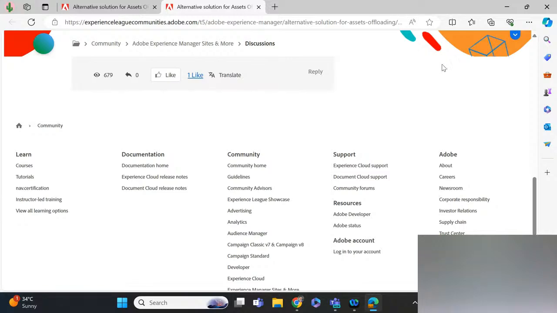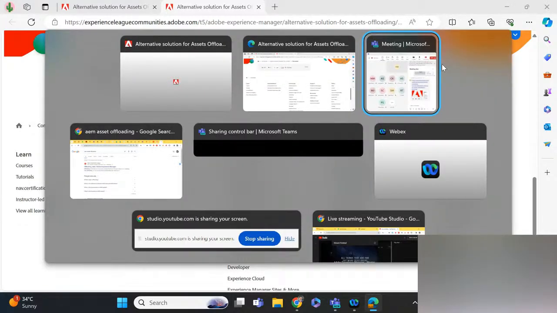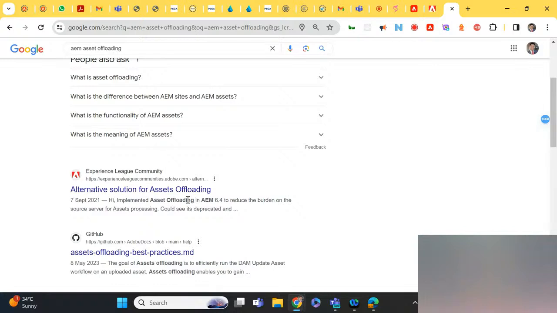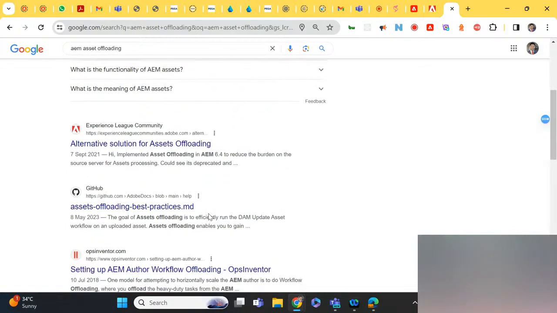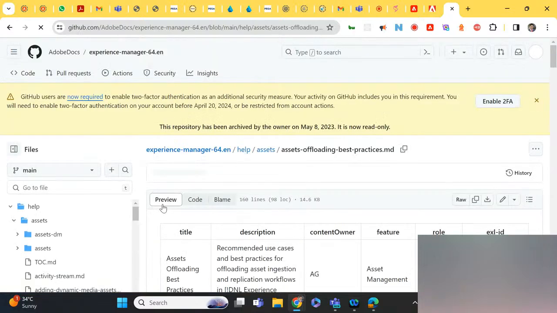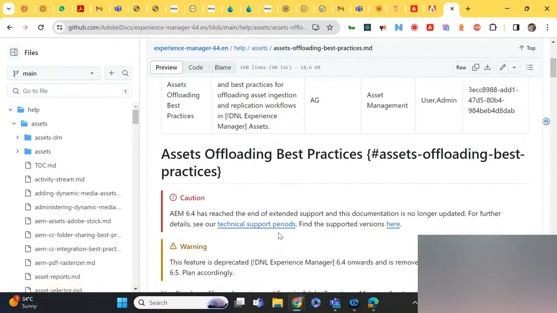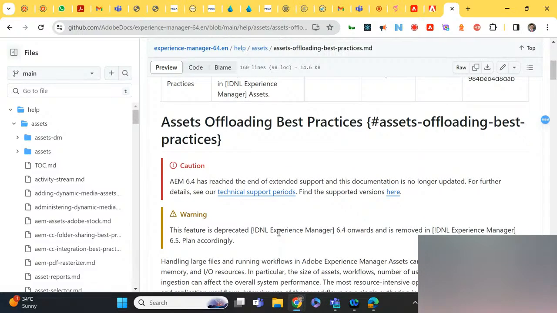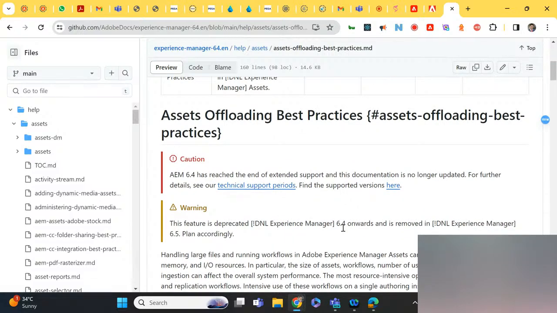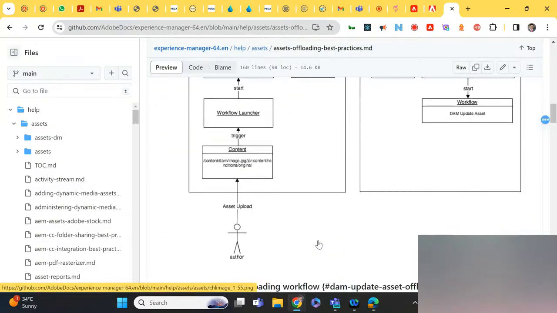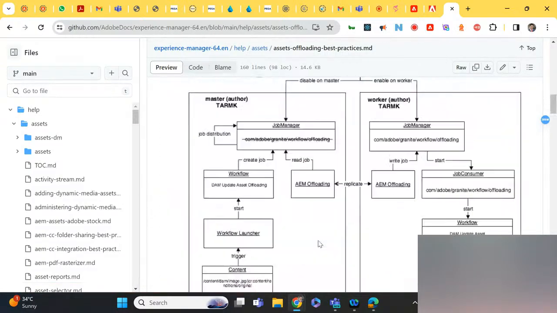Yeah, they're saying it is deprecated, but let me check what asset offloading actually is. Okay, yeah, this is actually deprecated, and they have already mentioned it.